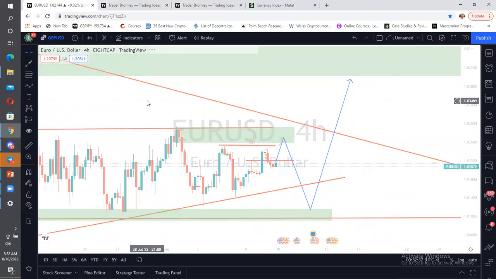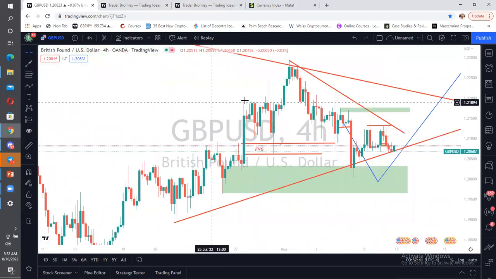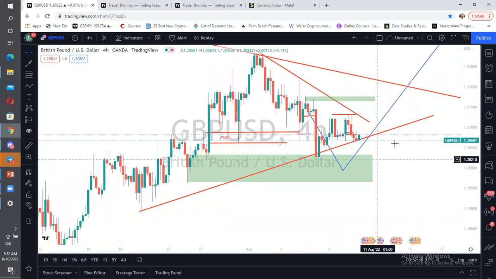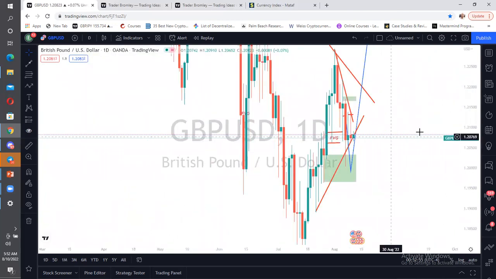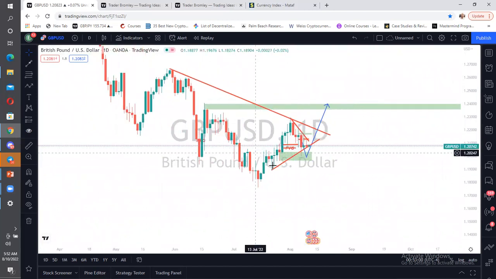So let's go to the next one, which is GBPUSD. GBPUSD has been performing just like EURUSD, but as you can see, what is happening in GBPUSD, if you go to a daily time frame, you find out that GBPUSD has actually come back to this particular level. All right, and here we have imbalances. Now, in this particular place also, we have a kind of level here.